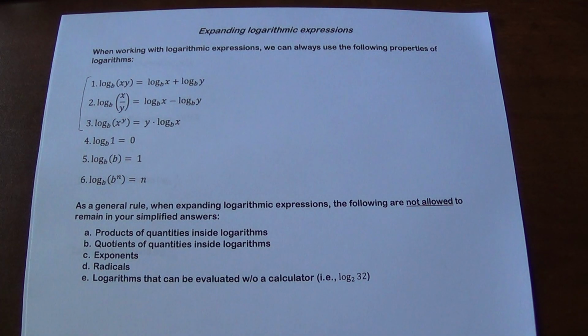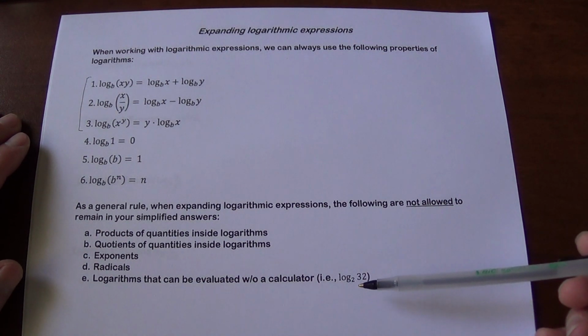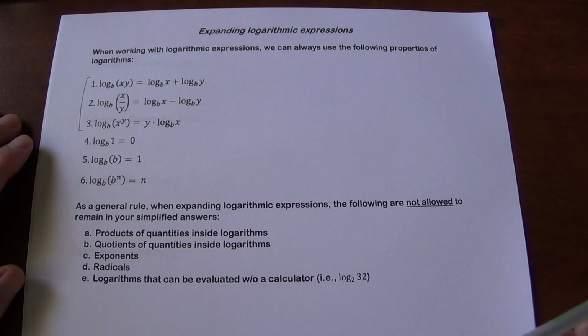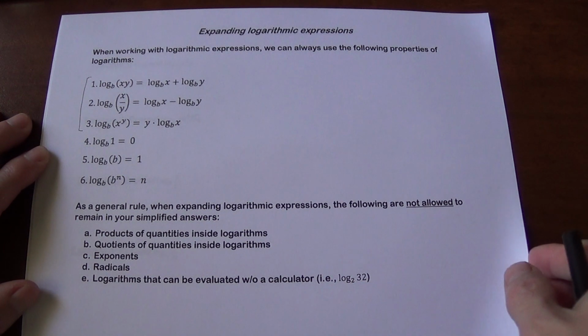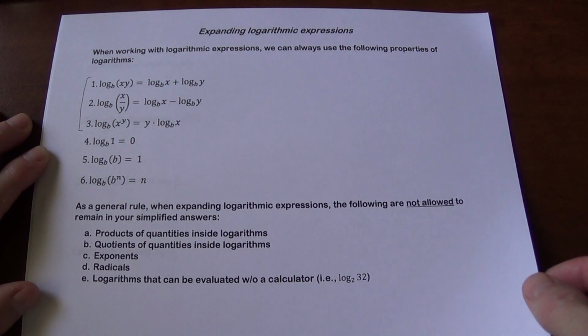The general rule for expanding logarithmic expressions is that you do not keep products or quotients in the logs. You do not keep exponents, radicals, or any logarithms that can be evaluated without a calculator. And we're going to see all that. The example here is if you end up with, for example, log base 2 of 32, that is actually 5, because 2 to the 5th power is 32. So let's take a look how this works, and I'm going to be coming back to this to point out